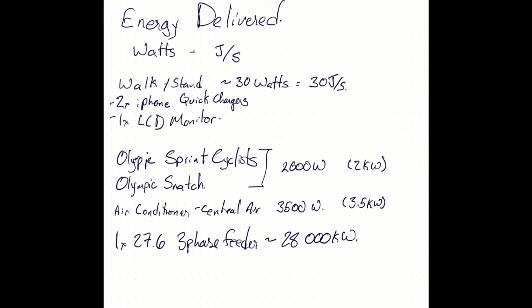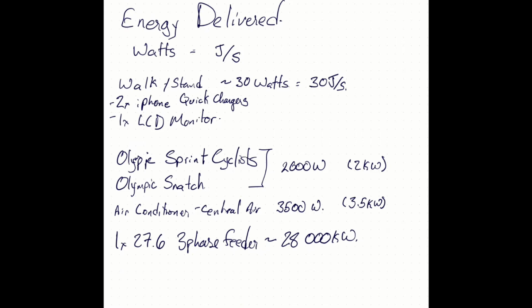So at the other end of that very leisurely sort of expenditure of energy, we can go the other way, and we could say, what is the peak performance for the human body? And 2 of the things that I found is short track Olympic sprint bicycling and Olympic snatch powerlifting. So the athletes in these sports are both able to put out about a peak of around 2,000 watts. So they can do that for a few seconds at a time. This is literally the maximum output that our human bodies are capable of. To give you an idea, that's a lot of iPhone chargers, just not for very long,